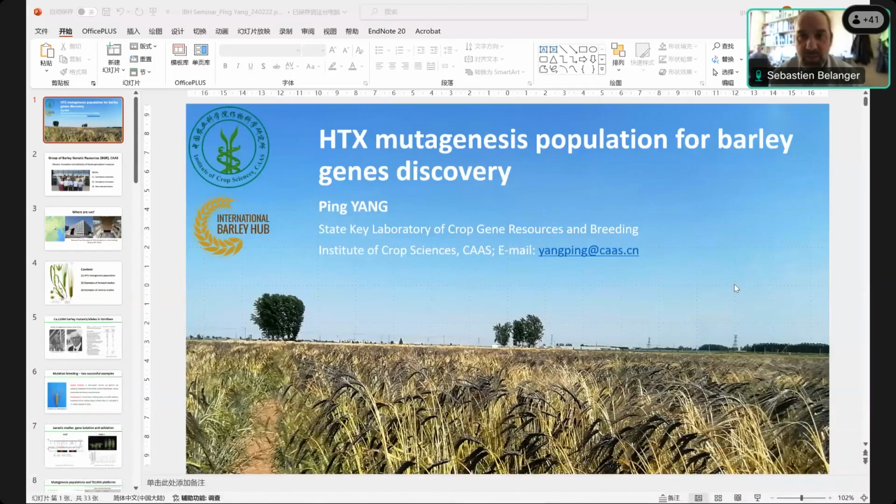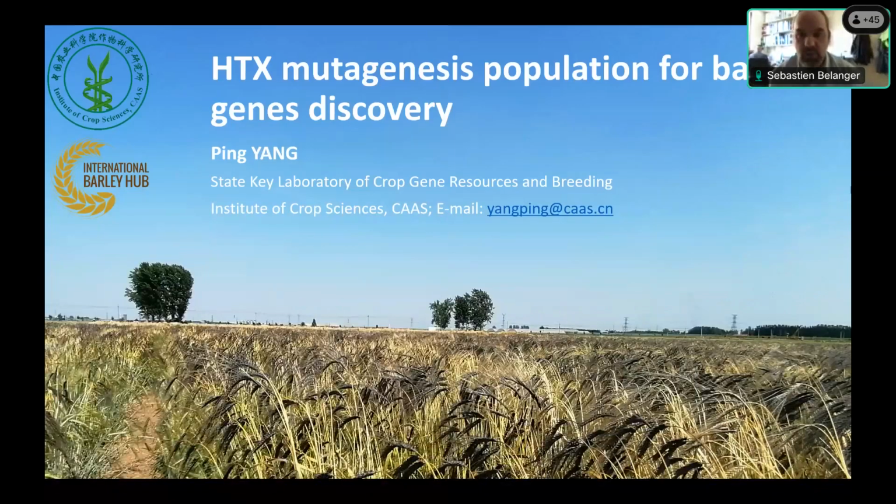who did his PhD at the Leibniz Institute of Plant Genetics and Crop Plant Research, IPK, in Germany, and was awarded a PhD degree by Martin Luther University in Halle-Wittenberg. Then he worked at the Max Planck Institute for Plant Breeding Research and at the University of Zurich as a postdoctoral researcher. Since May 2017, he became an independent group leader at the Institute of Crop Science at the Chinese Academy of Agricultural Science in Beijing.